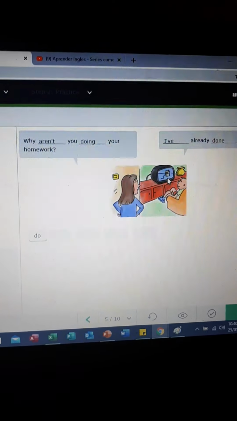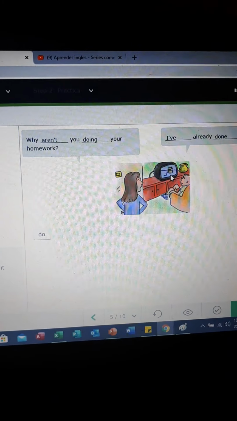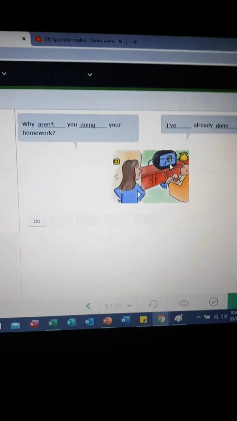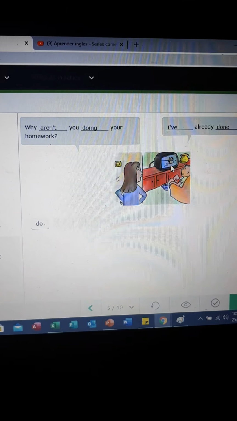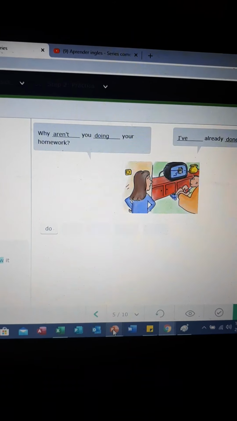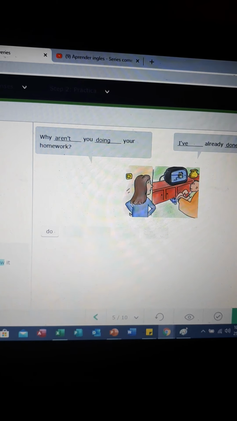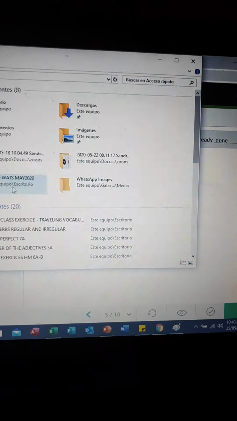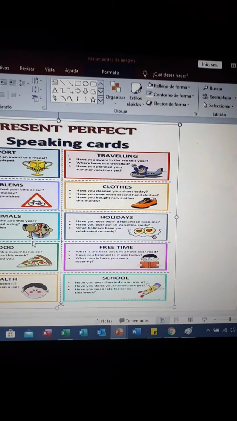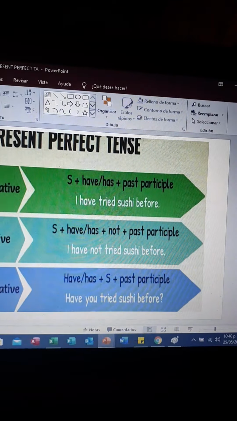So that's why it's very important to read the instructions, and read, of course, the statement or the question, okay. And I am going to send you some information about the present perfect, so you remember